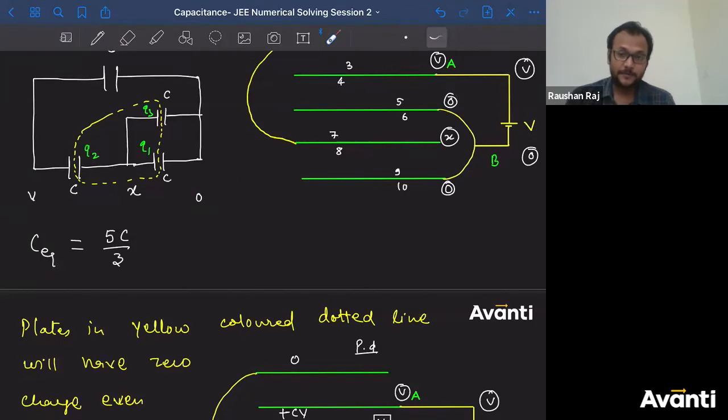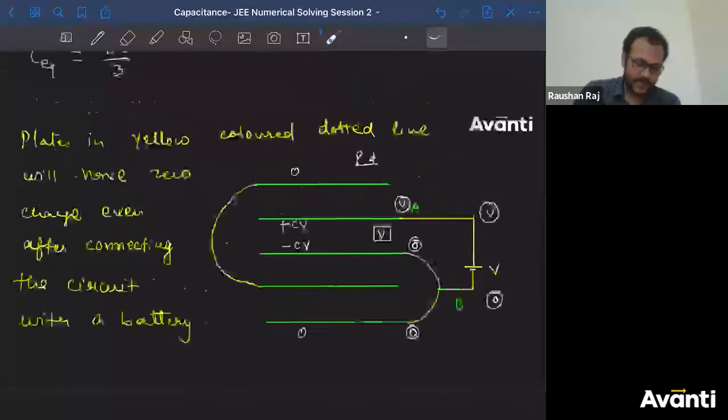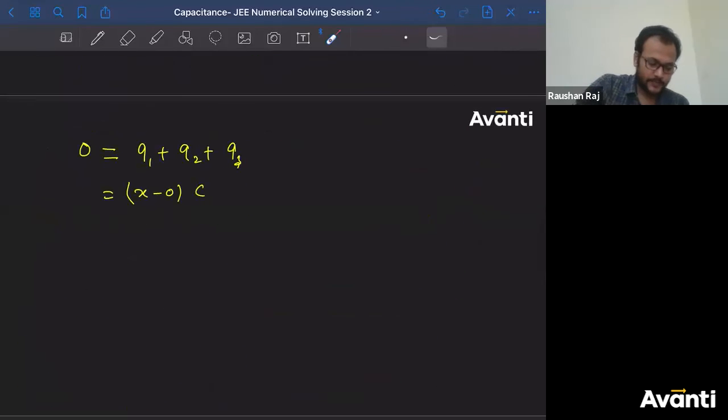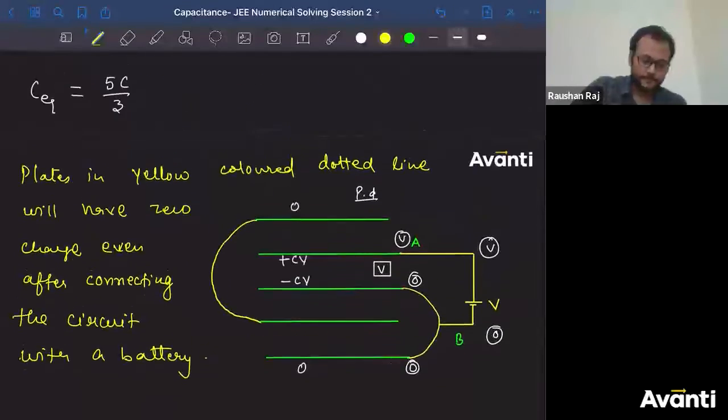You can consider that. But मैं क्या लिख रहा हूं? देखो, did I consider a negative sign here? No. मतलब मैंने क्या बोला है कि सारे प्लेट्स पे पॉजिटिव चार्जेस हैं. That means this point has to have higher potential. मैंने assume किया है. If this will be wrong, answers will come in the same way. Negative sign आ जाएगा, कोई प्रॉब्लम नहीं. ठीक है, तो x का वैल्यू यहां पे लिया हमने, कुछ पॉजिटिव आना है, तो x minus v into C will be q2. तो x minus v into C. ऑलराइट, प्लस what is q3 बच्चा?